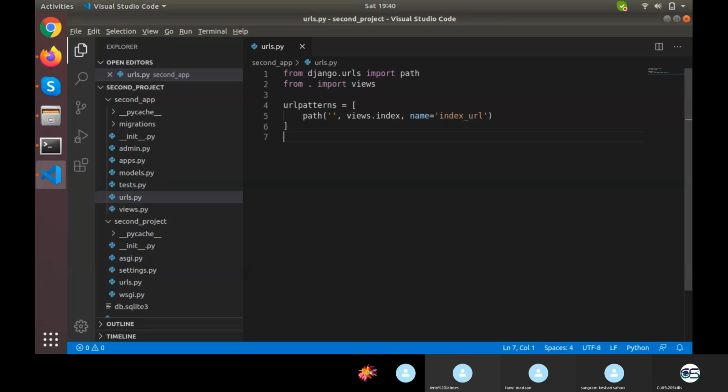Yes, it is visible now. Yeah. So make it fast. This part is done after urls.py. Okay, got it.